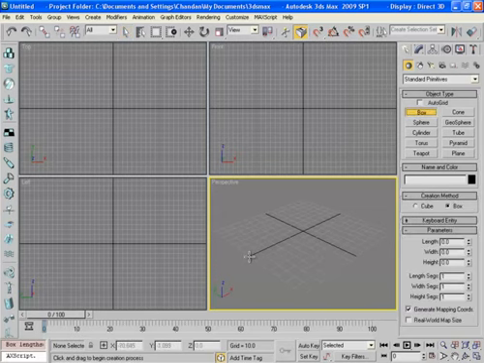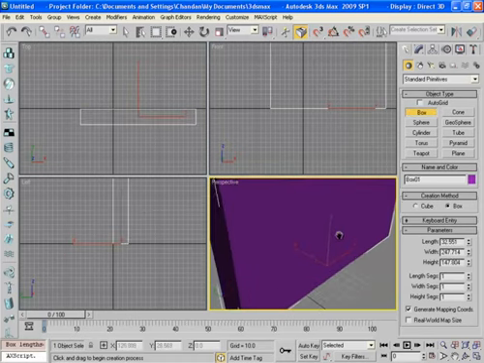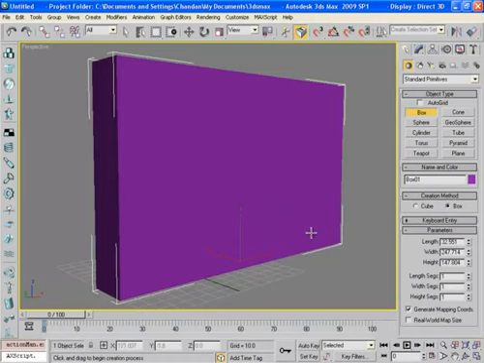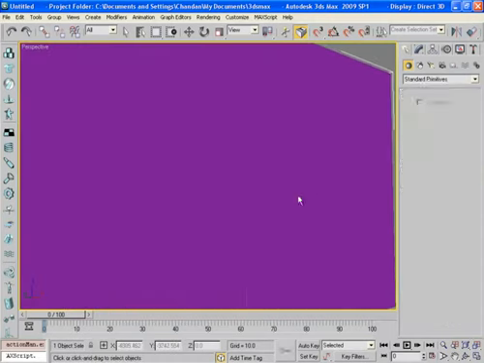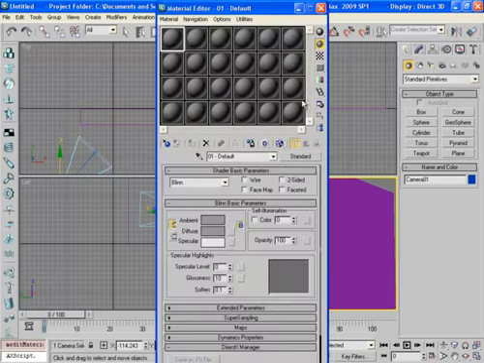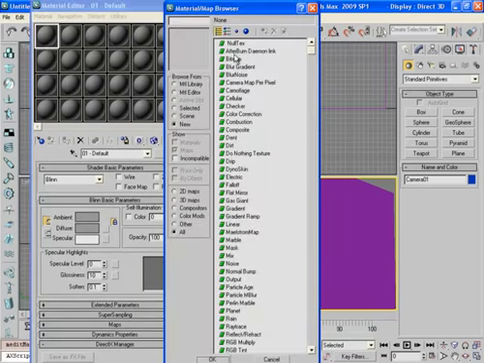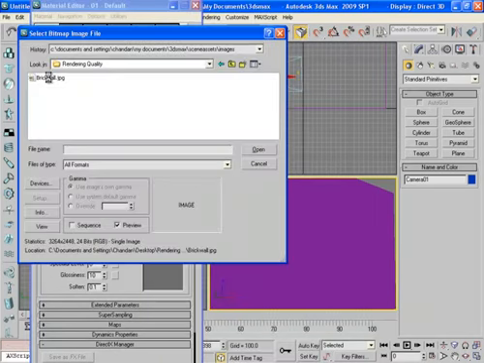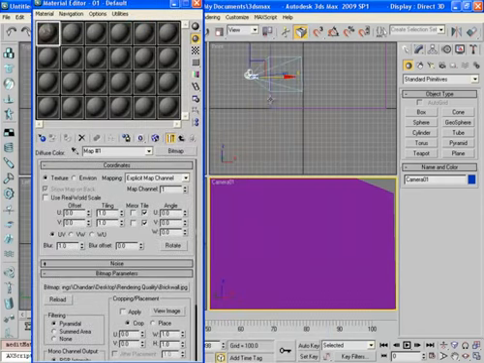So I pick this box and make it something like this. I will use it as a wall, and now I press Ctrl C to make a camera here. Now press M to open the material editor. Select an empty slot. In its diffuse channel in bitmap, I choose this brick wall texture and I apply it to the wall.